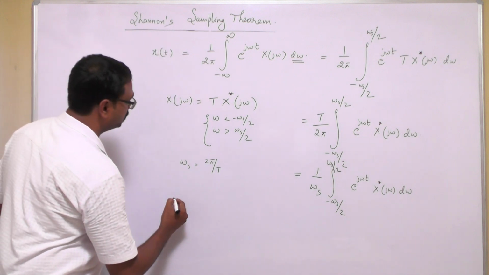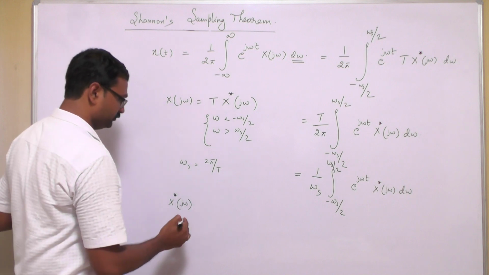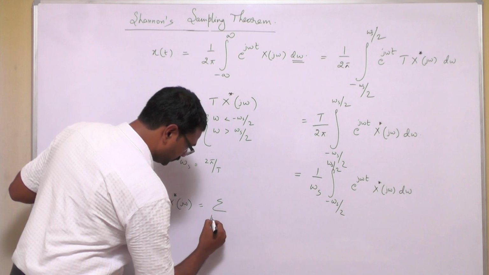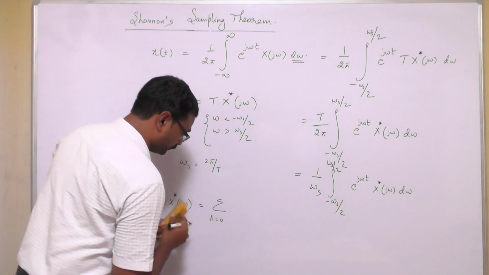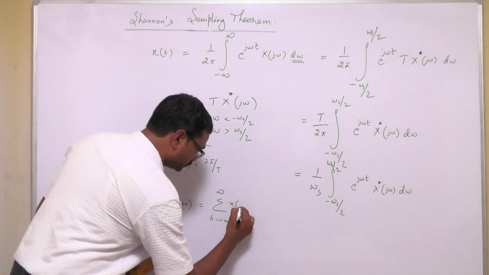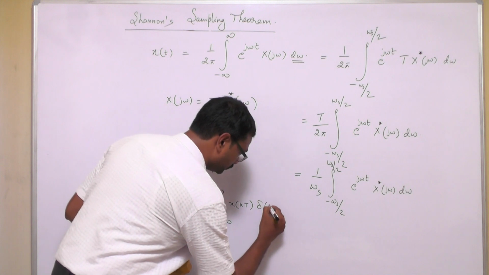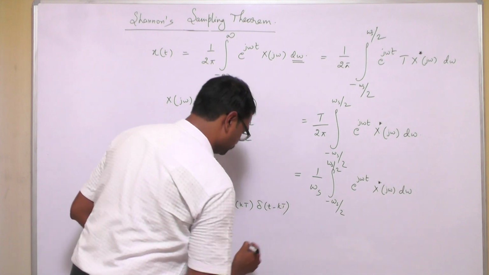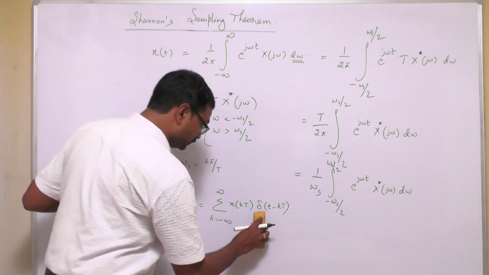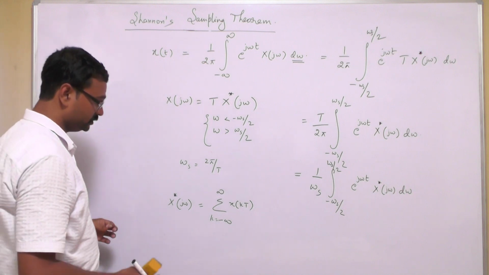Now what is x star of j omega for us? In the previous case which we have discussed, it is nothing but sigma k equal to minus infinity to infinity x of kT into delta of t minus kT. X star of j omega is sigma k from minus infinity to infinity